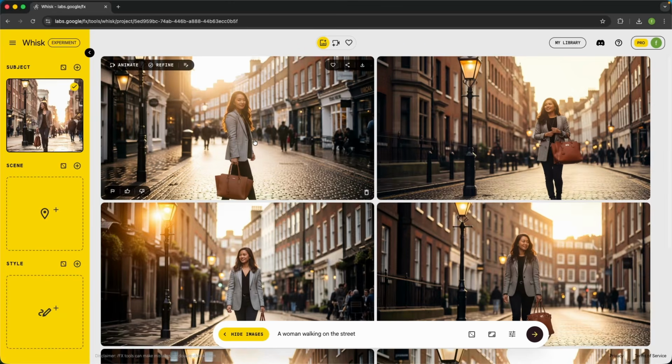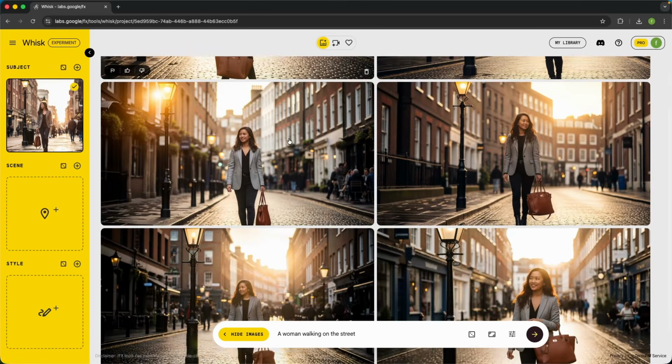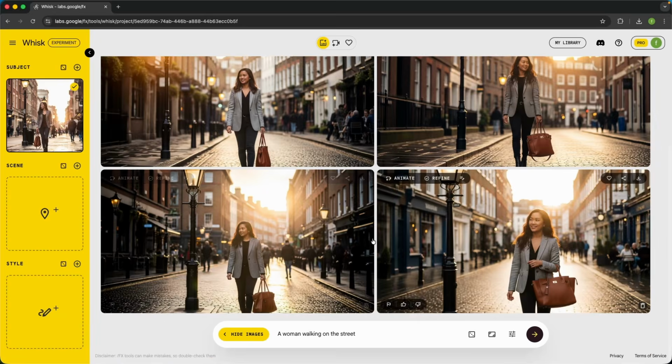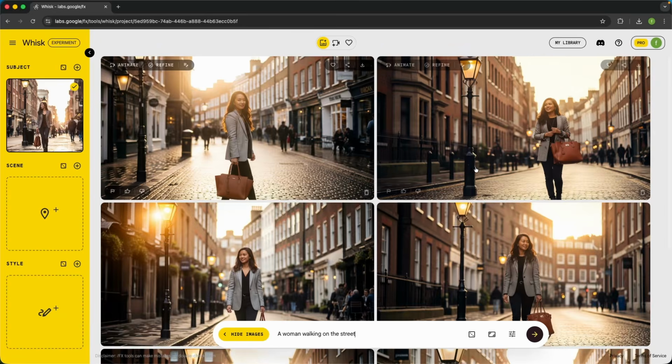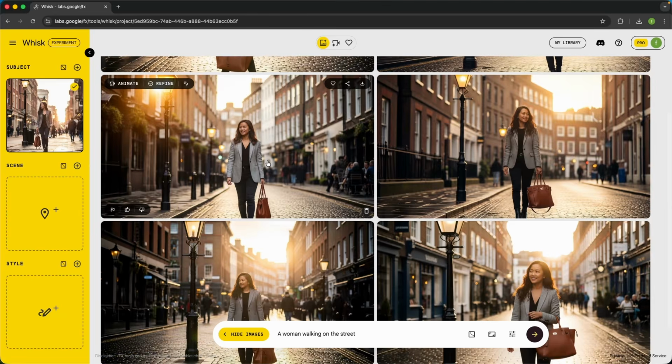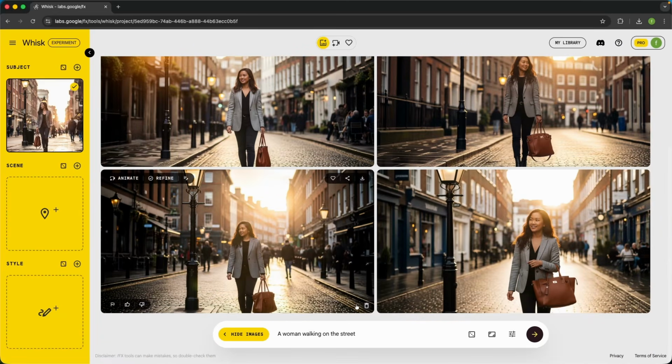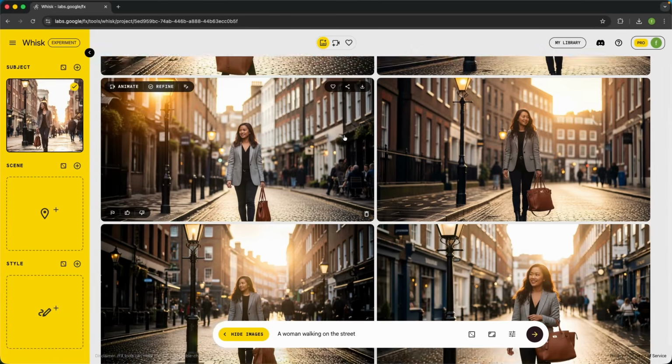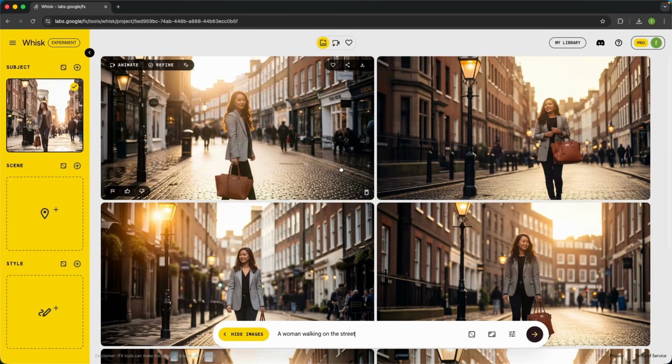Maybe this one is not the best example. This one is different from the other ones, mainly because of the pose, but take a look at the composition, how the background is. We have a light right here that is consistent on all the different generations. The pavement on the street is completely wet. If we keep moving forward, we get generations that are very close to what we have on the reference. All the different generations that we get are really close to each other, and this is because we are